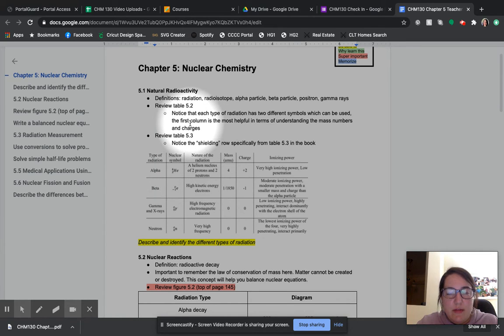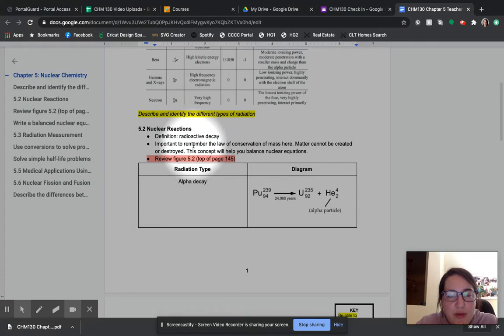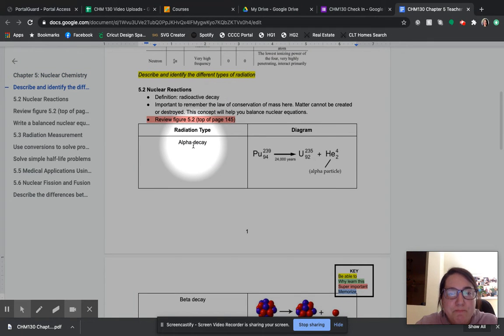most of what is in Table 5.2 is in this table here. And then we also review Table 5.3 because it explains what can block each type of radiation, and there are some questions about that as well. So that's Section 5.1. All right, 5.2 goes more in depth on these